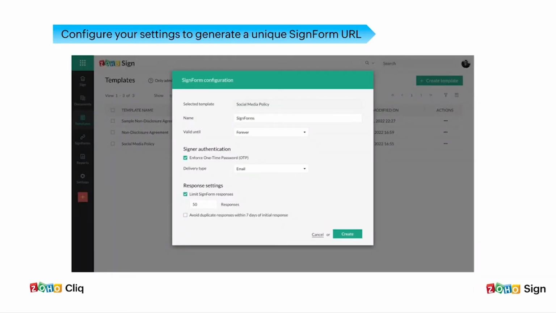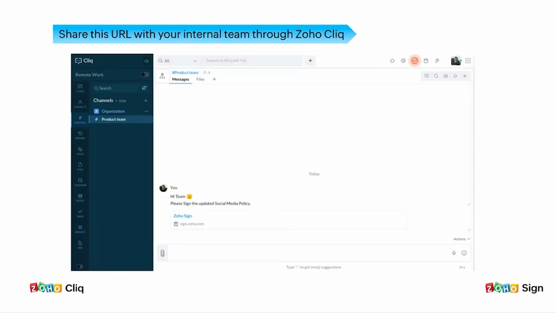Now enter the name. This can basically be anything you want. Then you can set the validity period as needed and choose the delivery mode for recipients to receive the authentication code. Not just that, you can also set a maximum limit for your sign form responses. Once it is done, you can just click create. So you have now created a sign form. All you have to do now is copy this URL and share it with your internal team through Zoho Cliq